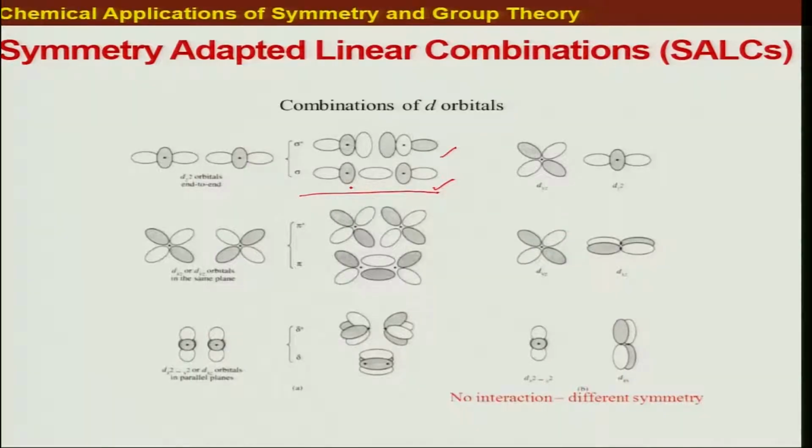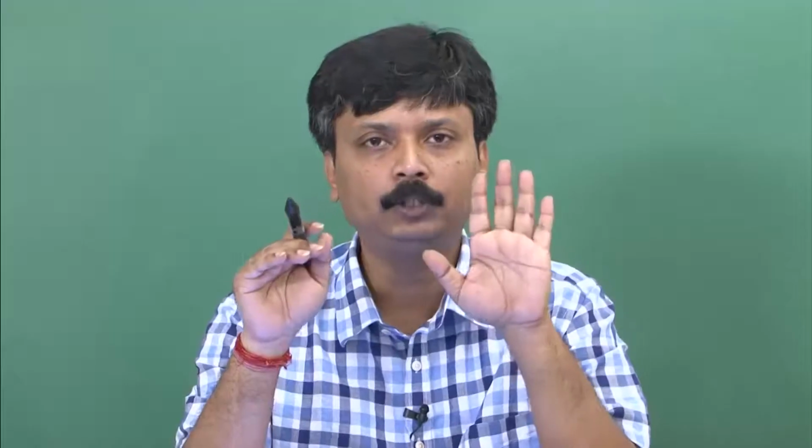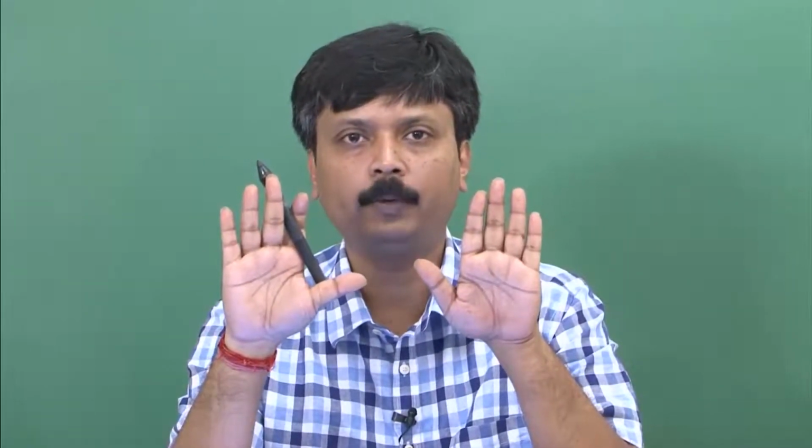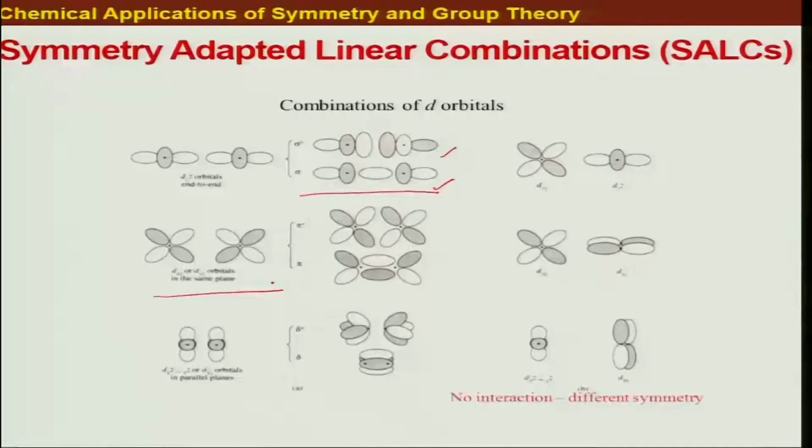Here we have another example where you can take two dxz orbitals, or two dyz orbitals. If you take two dxz orbitals, suppose this is my dxz plane and this is another dxz orbital in the same plane, they can combine. They can combine in two different ways, one in this fashion or another in this fashion. Depending on that, you get either a pi bonding or pi anti-bonding